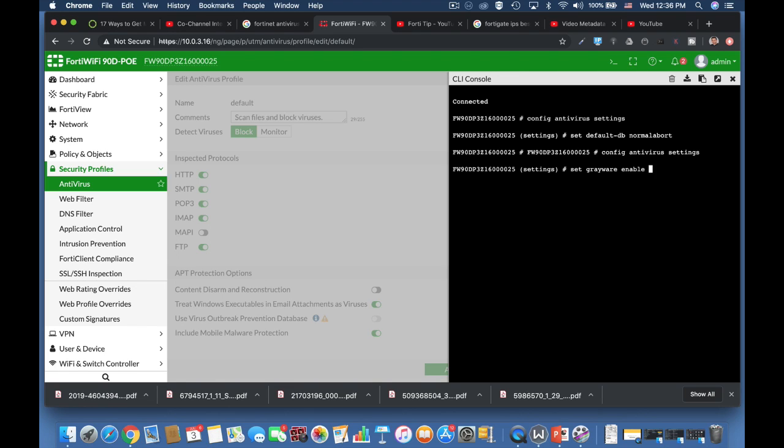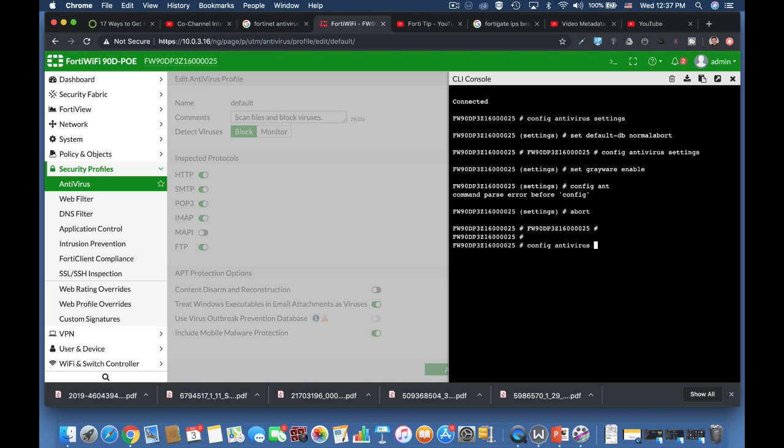Alright, now for the fourth tip, use heuristics. Now what is heuristics? Alright, let's config antivirus, but this time not settings, but heuristics. Now heuristics is actually an analysis of behavior, the way a file behaves. Now, Fortigate looks for different patterns, and if the file behaves in a suspicious way,